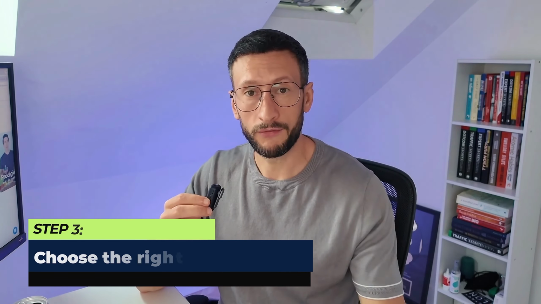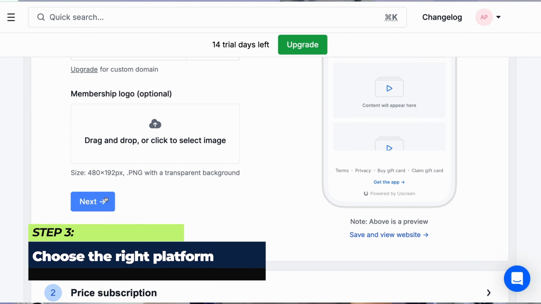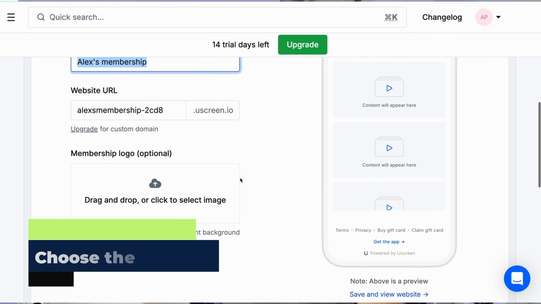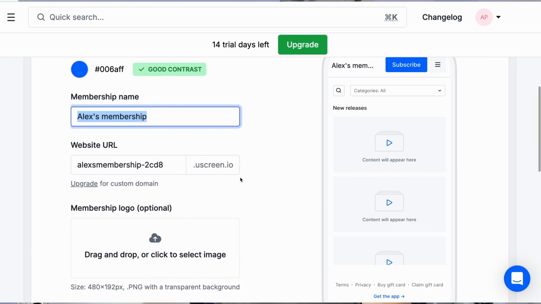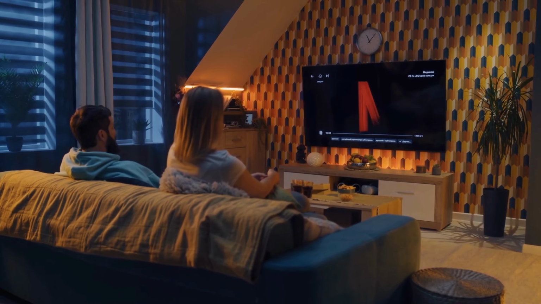Think about that type of content. Then you need to choose the right platform. Like Uscreen, for example, right? It's user-friendly, it's very easy to use, and they've got tons of great features in there to really create this Netflix style training and membership platform, perfect for a health or fitness business, right? So that could be a really good option if you want a simple way to get to market and launch